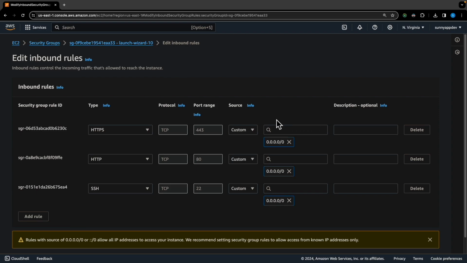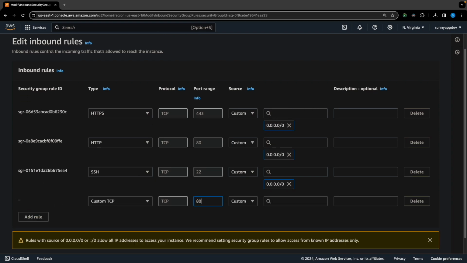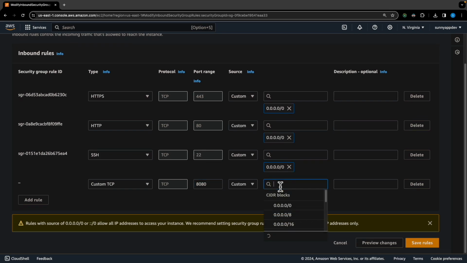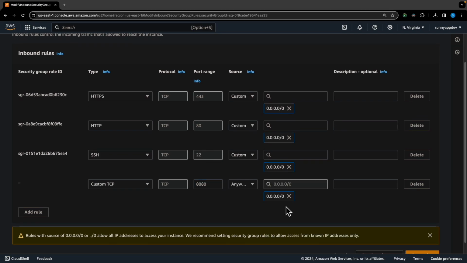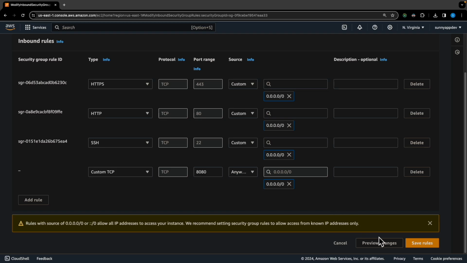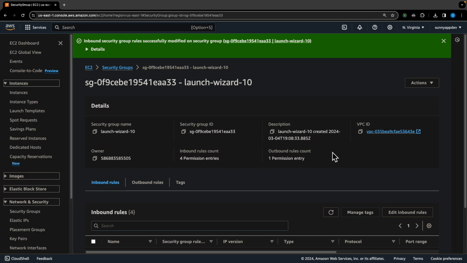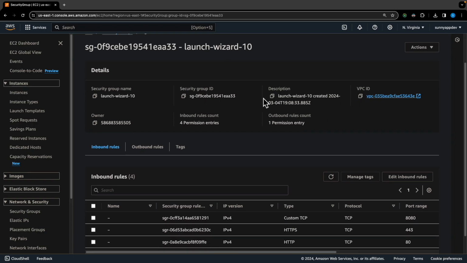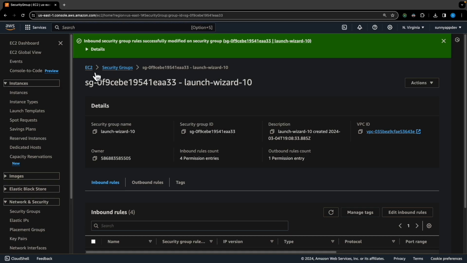Edit inbound rules, port 8080, and allow the connection from anywhere. Good, and then click save rules. Okay, great. So if we actually just go back to the EC2,